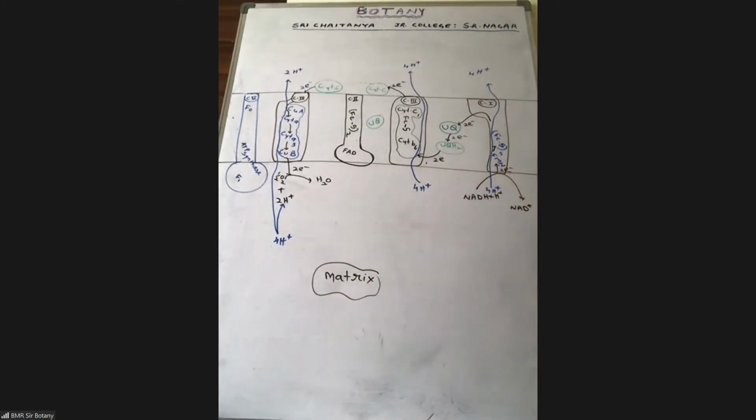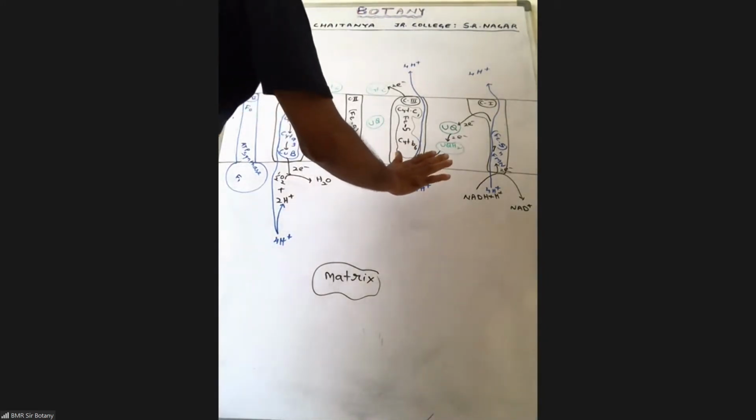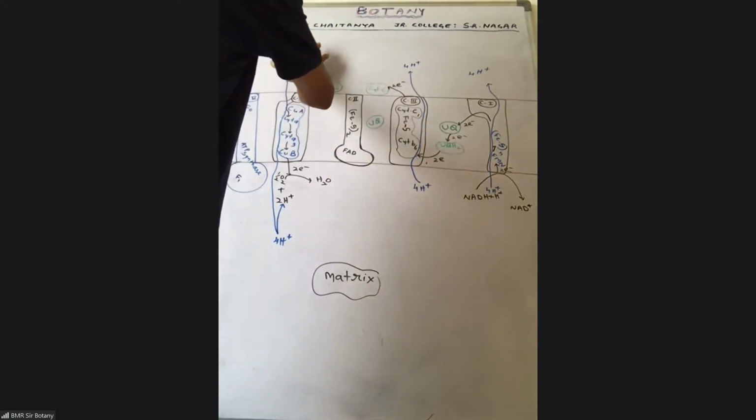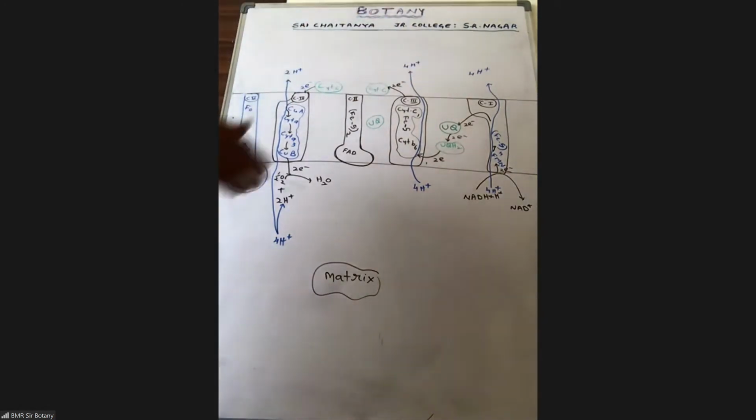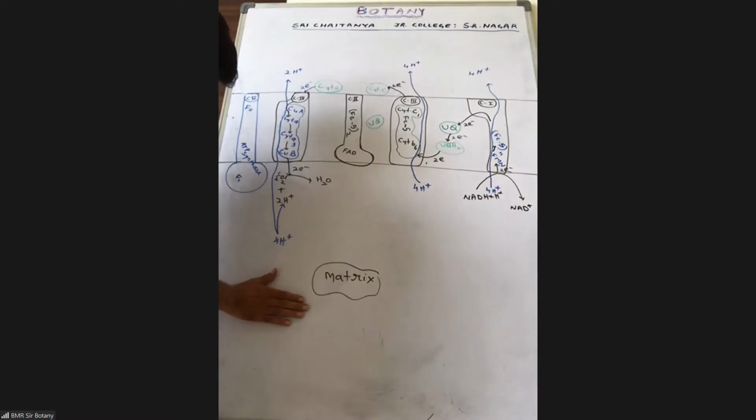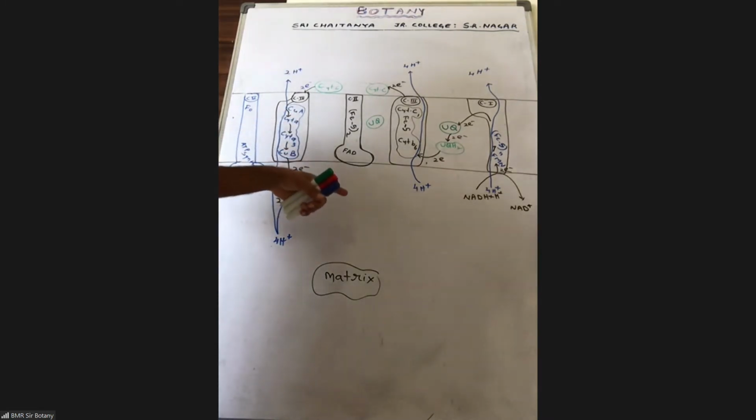Okay. Yes, sir. Now what happens is, so for one NADH undergone oxidation, how many protons accumulated here? 10 accumulated. How many removed from the matrix means? 12. Removed is 12, but accumulated is only 10. Because what happened remaining 2, which were added to oxygen with the help of same 2 electrons to form water.